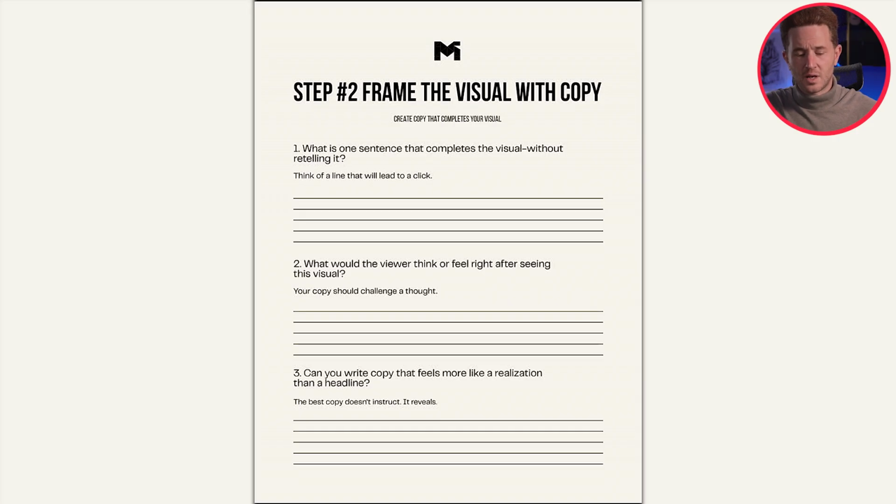Number 3, can you write copy that feels more like a realization than a headline? The biggest mistake marketers make in copy is we talk directly at our customers. It's sort of like talking down to them, explaining the obvious. There's a concept in photography or in art called closure. And it basically is a psychological insight